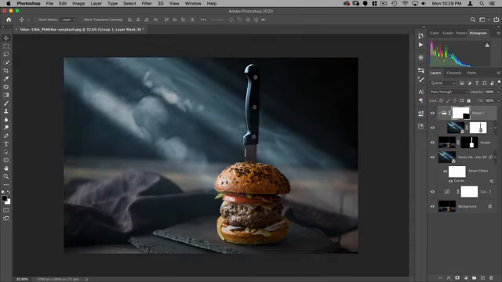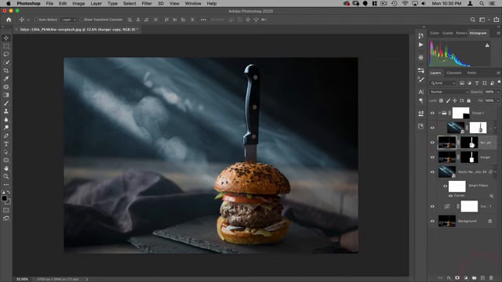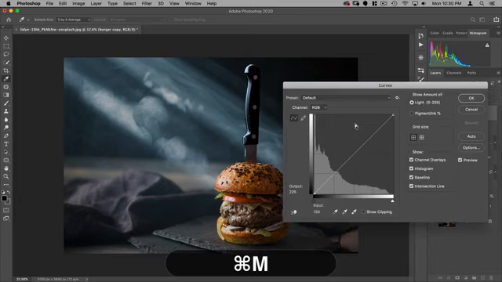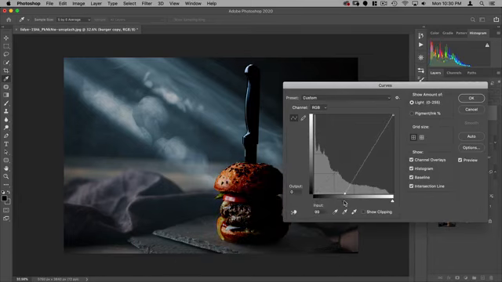Last thing I want to do is just where this light is hitting this knife, I kind of want a glow on the knife. So to do that, I'm going to take this layer here, make a copy of it. I'm going to apply the layer mask. So let's do that. So there you can see there's no longer a mask, but that layer is just the hamburger. All right, then I'm going to do Command M to bring up my curve, and I'm going to take the darks down a lot. So I just have my highlights, and then I'm going to push those highlights up just a little. So right about there. Hit OK.